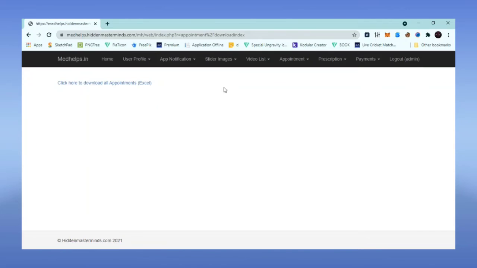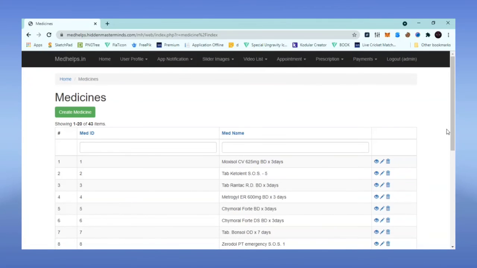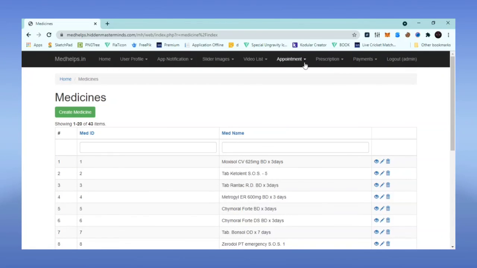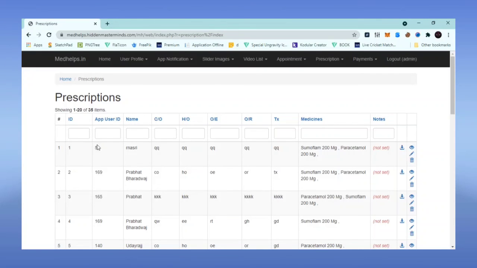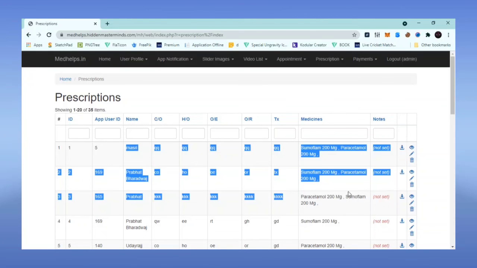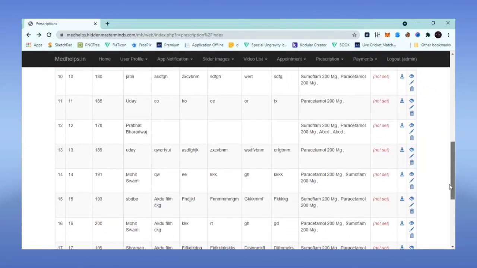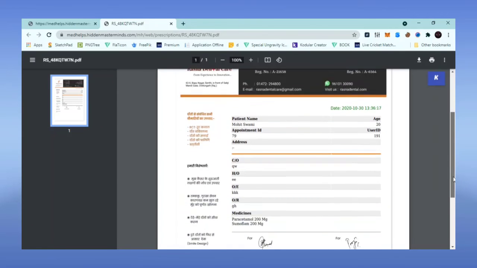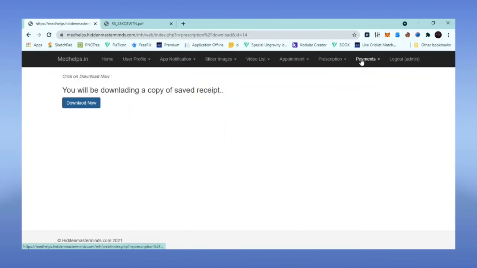And also you can download all the prescriptions in an Excel sheet, just like we did for all the user accounts. Now if you go here to the medicines tab, you can add the medicines so that it will be easier for you to prescribe them by using this particular list. At the same time you can access all the prescriptions here. Those prescriptions will be available to you in one or two clicks, so that you can easily check them when the patient comes back. Also you can download that particular prescription, and we can check it out like that.